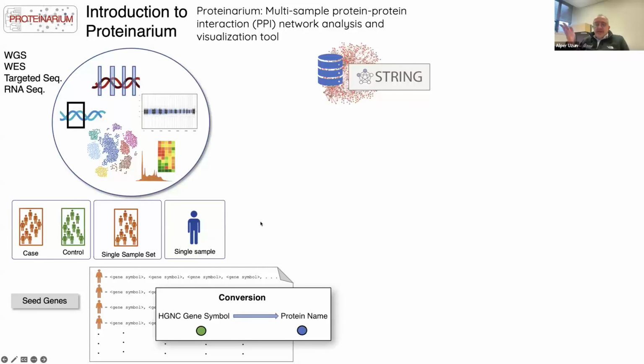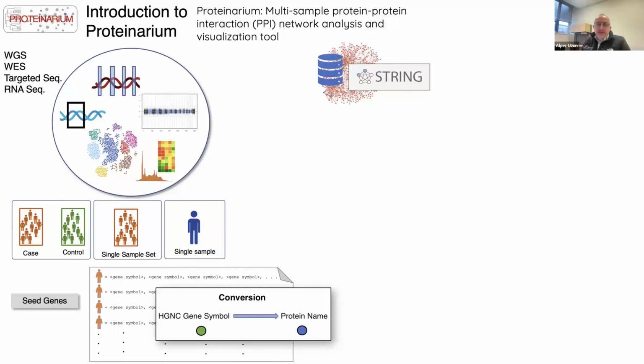The way I mentioned, STRING can be used as an interactome resource because STRING includes the protein interactions that you want to use. When I say all, I don't mean everything, because we are not there yet. Still, we are investigating. Whatever we find by experiments or by computational predictions, you can get in the STRING database.